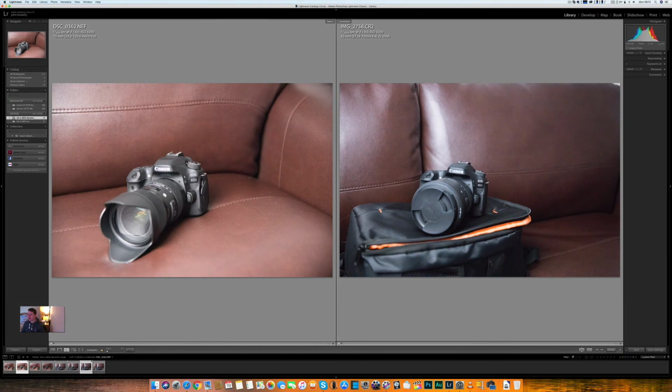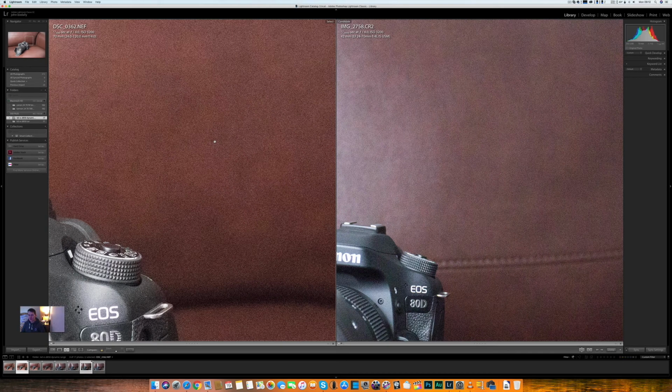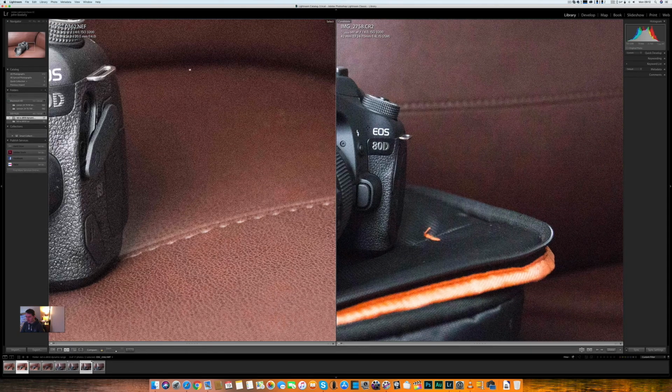Now, for this test, I'm not going to go above 6400, because when you're recovering 3 full stops of shadows, above 3200 you should really be getting it right in camera. But we always go to 6400, so just take a look. So you can see now we're at 3200. We'll zoom in again. Just leave it a couple of seconds and you'll see again that the Canon is probably